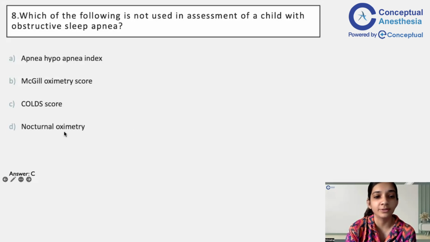Okay. Which of the following is not used in assessment of a child with obstructive sleep apnea? Okay. Apnea hypopnea index,